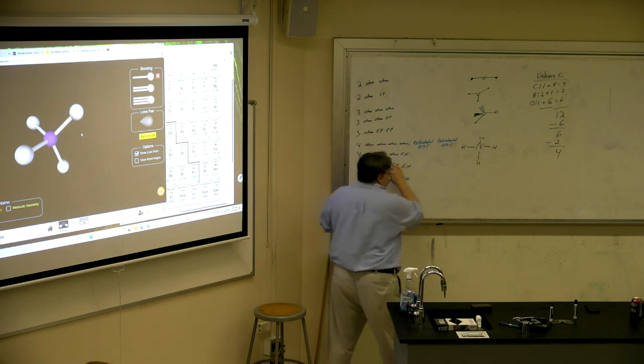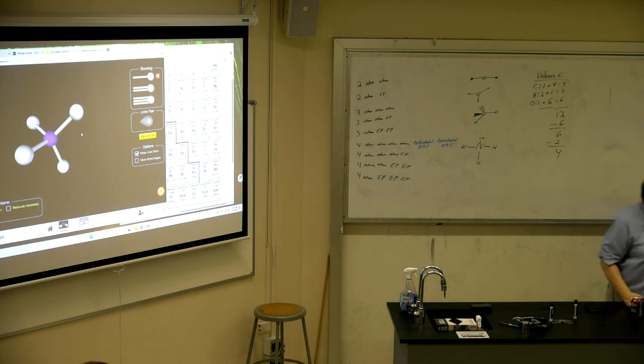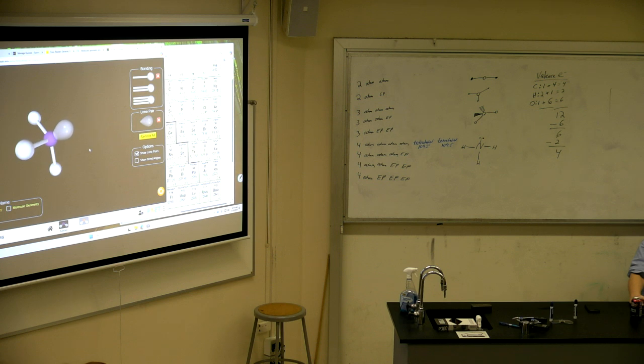All right, let me replace one of those atoms with a pair of electrons. It does the same thing. You still get basically the same shape, the tetrahedral shape. Bond angle is 109.5, so I would say